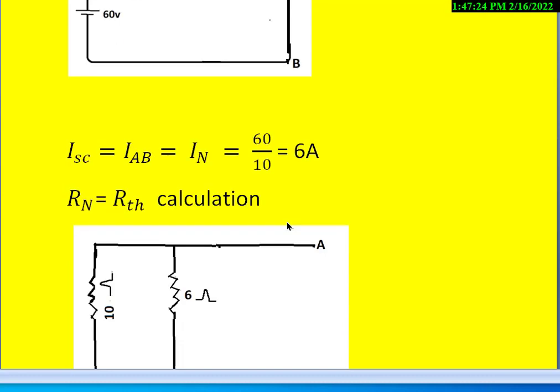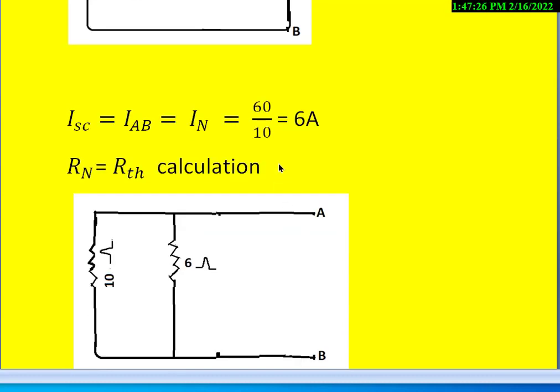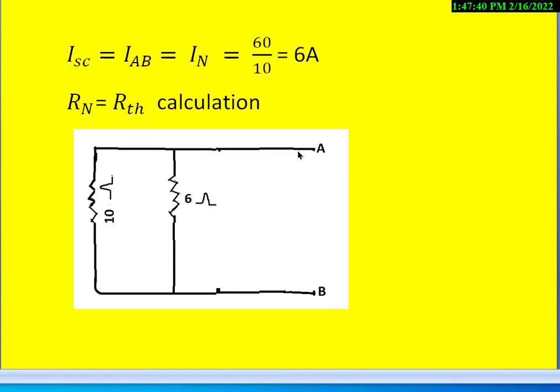Now, the next step is finding the Norton's equivalent resistance with respect to the terminals under consideration, that is A and B. And this Norton's equivalent resistance calculation is equal to the Thevenin's equivalent resistance calculation. There is no difference at all. So when we open the terminals A and B,